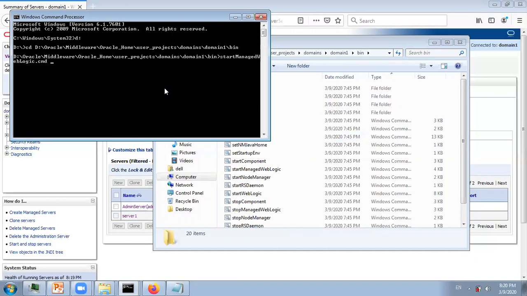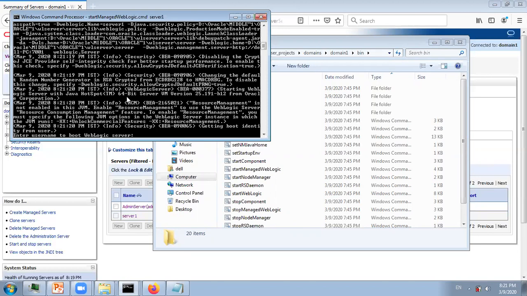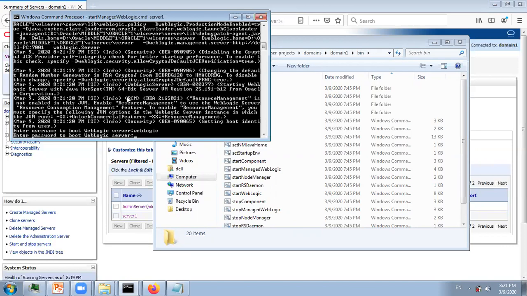Now, when you start the WebLogic server, I mean the admin server, the command was start WebLogic. There are no parameters to pass because there's going to be only one admin server per domain. So obviously, if you say start WebLogic, that's the only server that's going to start. But that is not the case with managed servers because you're going to have multiple managed servers. So if you're using this command, start managed WebLogic, you're going to pass a parameter called server one. Obviously, you want to give WebLogic, sorry,